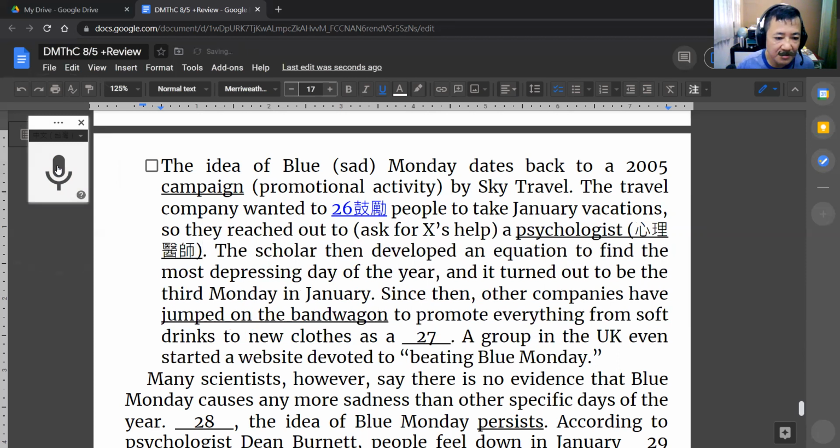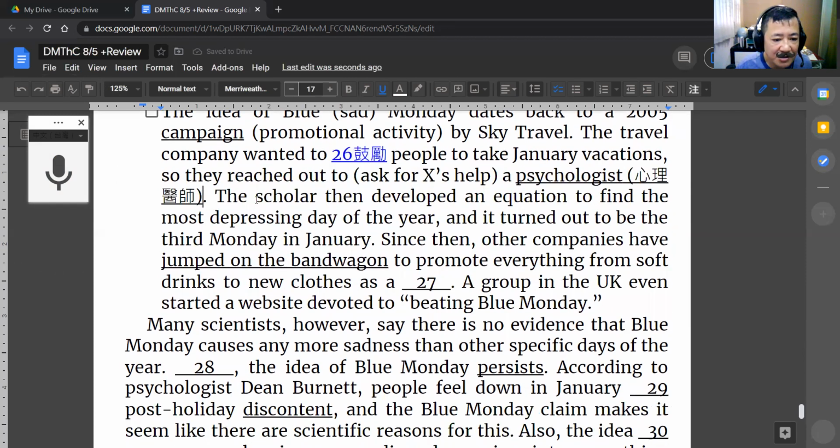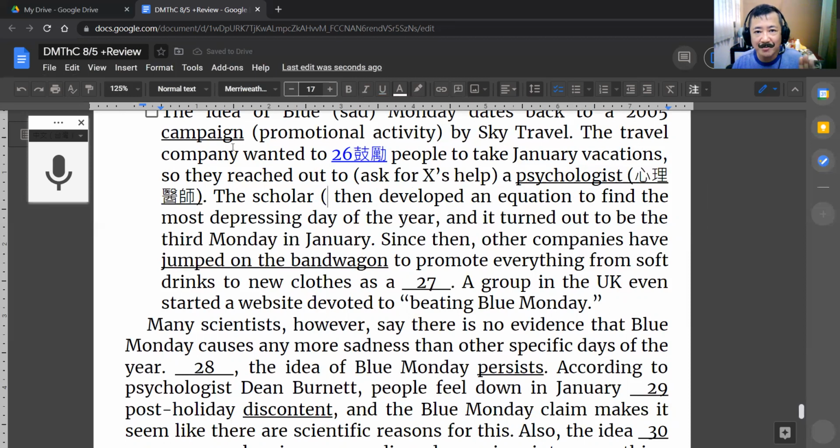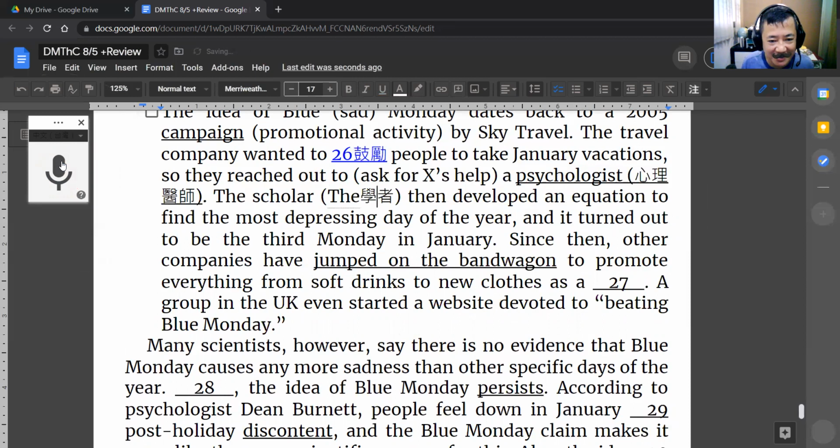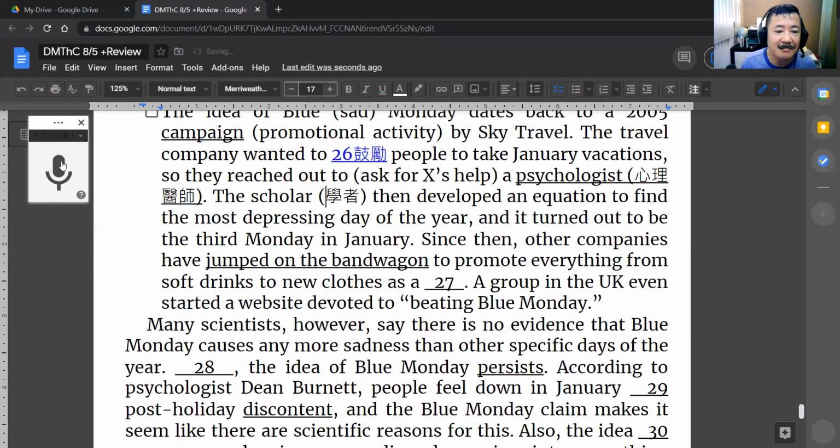Okay? Good. Now the scholar, here the scholar means 学者, huh? This scholar refers to the 心理医师, okay? When they say scholar, they're saying the 心理医师. The 学者. Notice the word scholar has the word school in the front, right? So 很好记, right? SCHOOL. 只是少个 O, 对不对哈? 学者, get it? Okay, right.